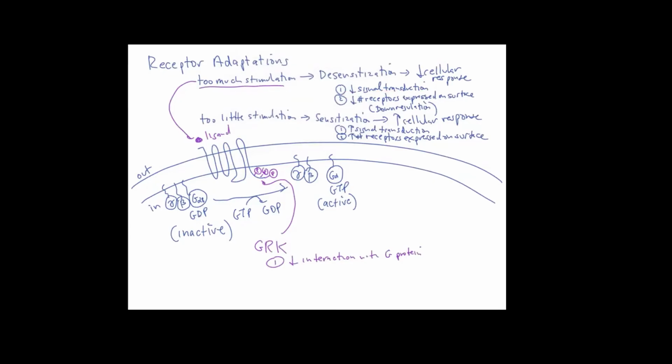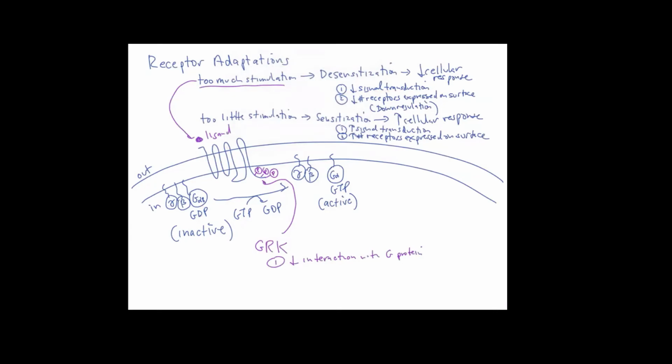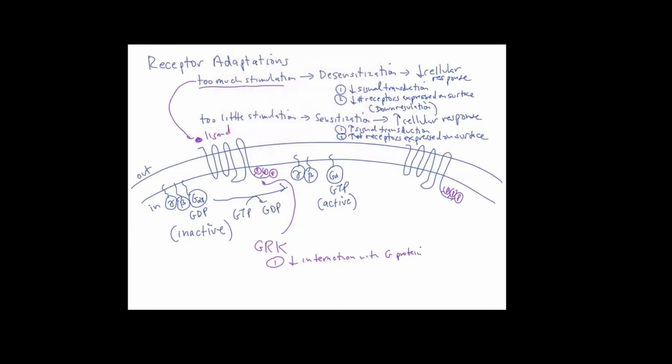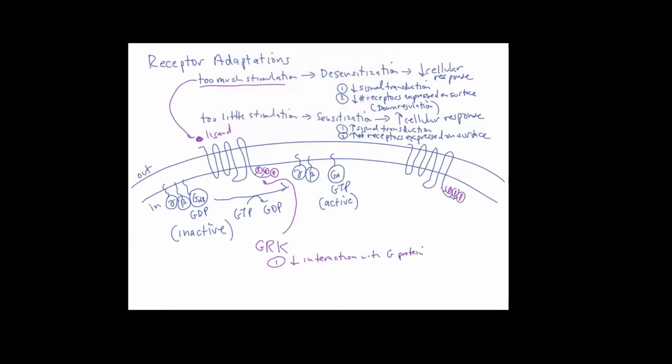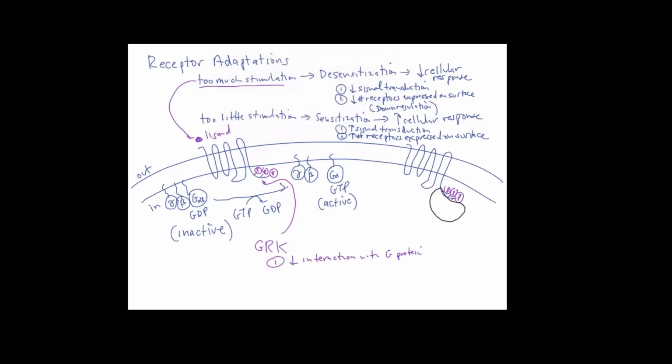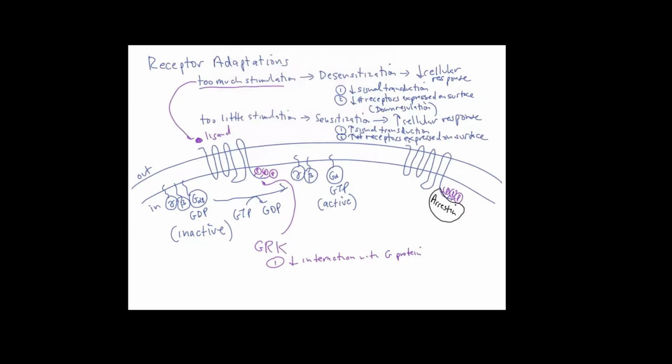The other thing that can happen is that when you have the phosphorylation of the receptor, and so we can draw another one in here, and we can put those phosphates in again from the GRK, those can serve as an attachment site for proteins that can bind then to the receptor. We can just call these arrestin proteins. And when the arrestin protein binds at a receptor like this, it triggers the receptor to be